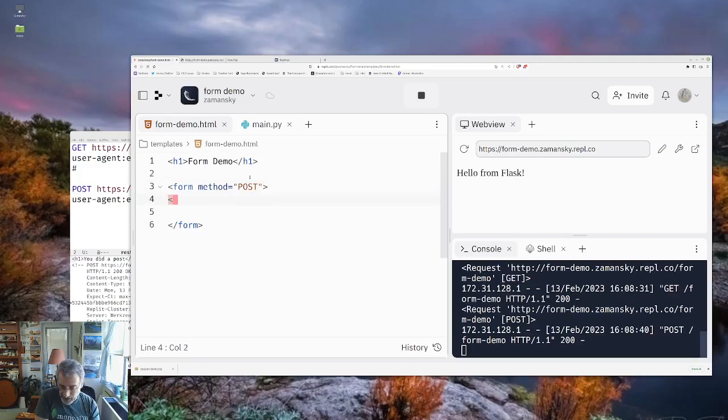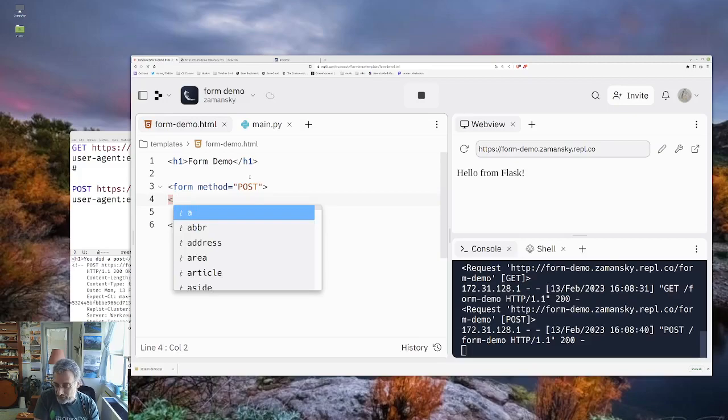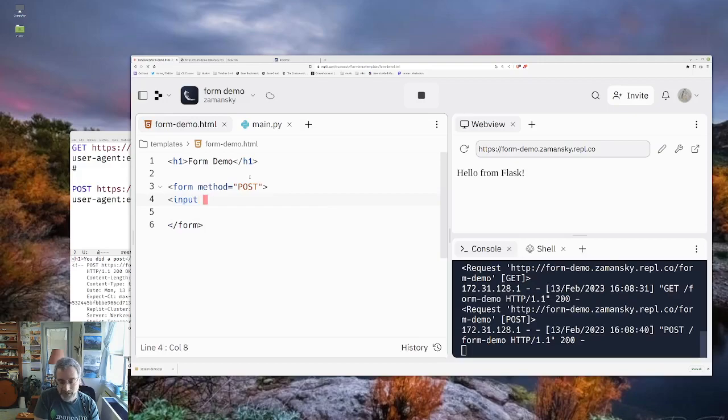And what we'll do here is we'll make an input, and we'll say this will be the name equals to do with all caps. And let's put a BR, and